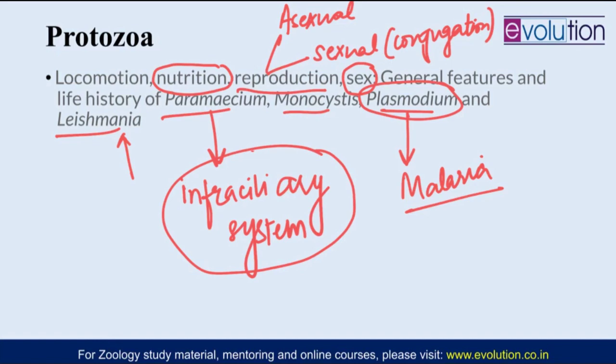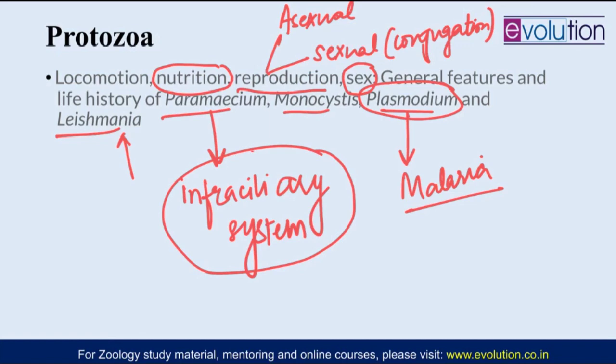Plasmodium is the causative organism of malaria, and it is a digenetic parasite, so it completes its life cycle in humans as well as in the female Anopheles mosquito. So all the different stages are very important. In fact, in protozoa, the Plasmodium topic is really very important. A lot of questions, from the asexual phase of the cycle to the sexual phase and the complete life cycle, as well as pathogenicity of the disease, have been asked.